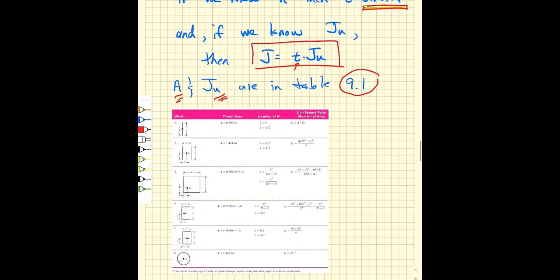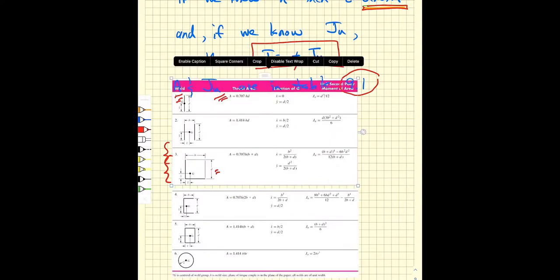These are shown here, where we have a simple single fillet weld, that's 1. We have the double fillet weld, 2. This is the one we were just looking at. We have a 90-degree angle fillet weld, and the dimensions are shown in this table. And we have 6 different sort of weld groups that we can use.